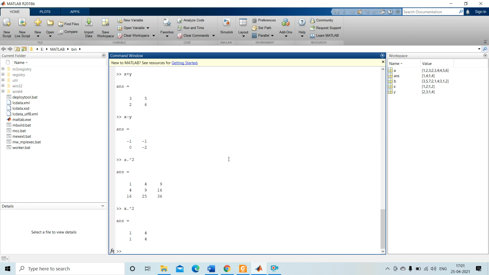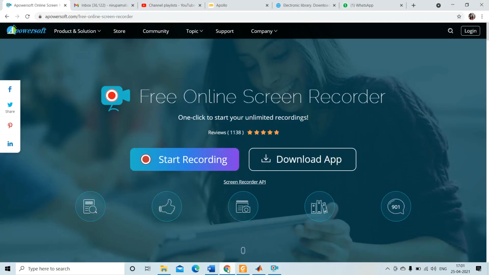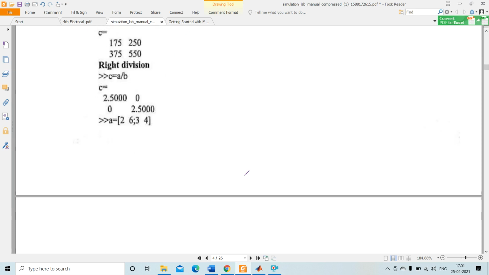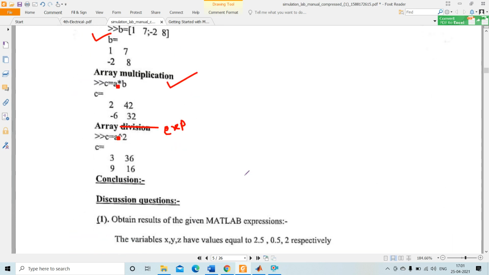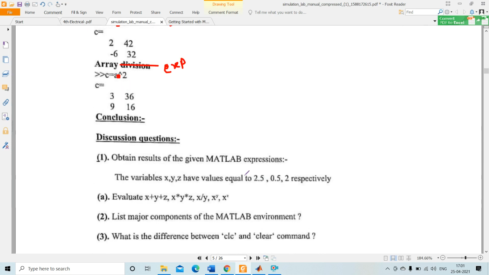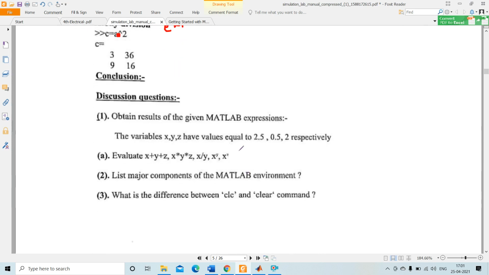Clearly understood or not? After you go through this MATLAB operation, write all these things in your record. Okay, clear? So this is all about your array and matrix operations.